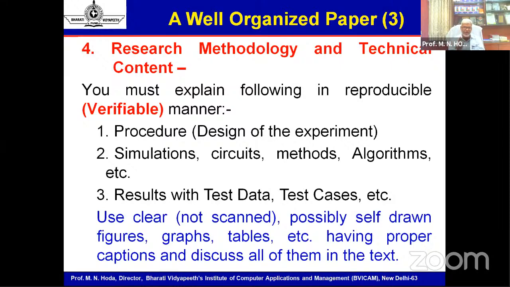My dear friends, I have already spoken on this: unless your research methodology is self-explanatory in a manner that any third person at the reviewer end can reproduce it, generate and cross-verify the result, your research paper is not going to be accepted, right? So write the research methodology. And I have also sensitized you that if you have any apprehension, any fear of being copied and someone else publishing based on your data points, probably you should first get it patented and then come back for the publication.